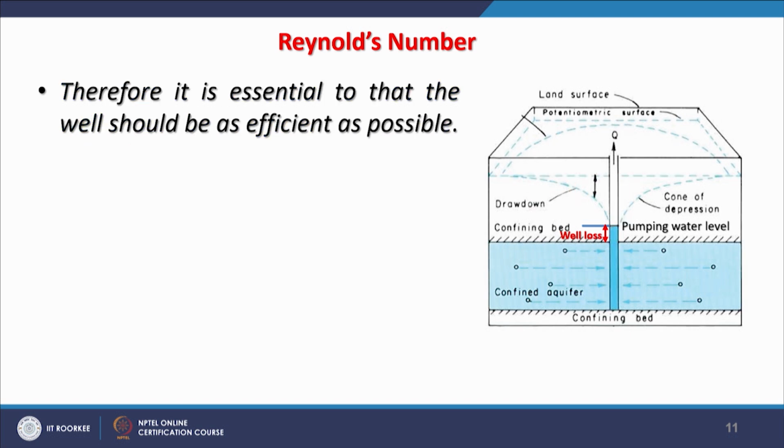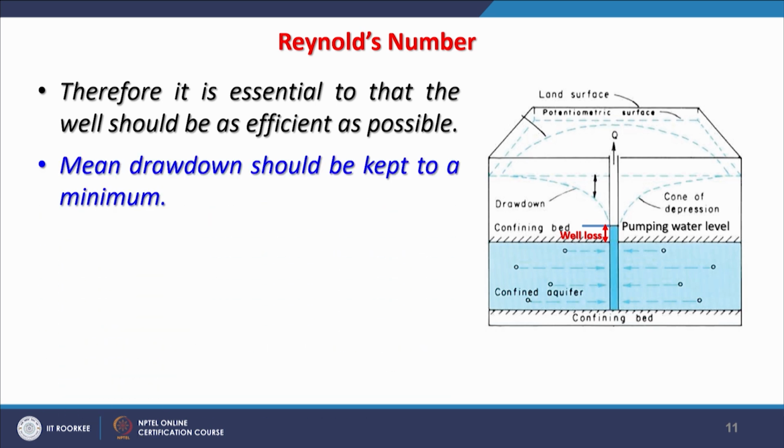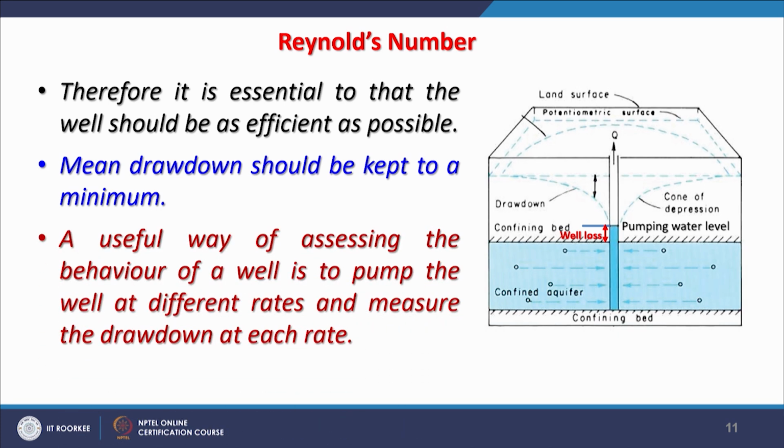But again I am saying, depending on geologic conditions. If it is a hard rock terrain, then the 12 hours practice is the best. If it is an Indo-Gangetic plain like situation, then maybe a few hours might be sufficient. So, it is essential that the well should be as efficient as possible, and efficient means that the drawdown should remain very minimum. So, drawdown should be kept to a minimum,